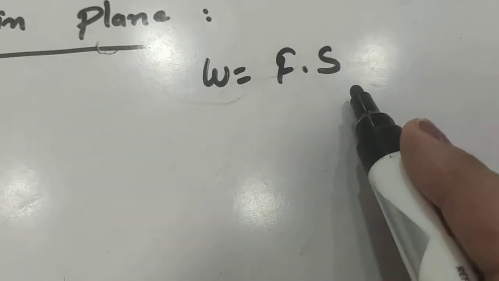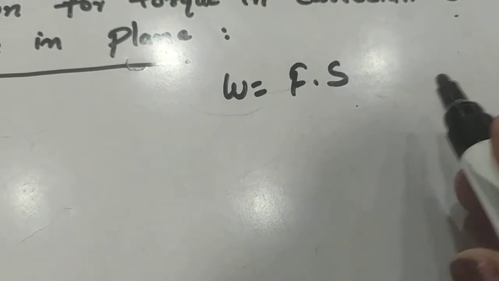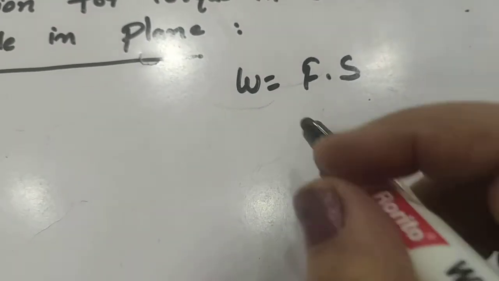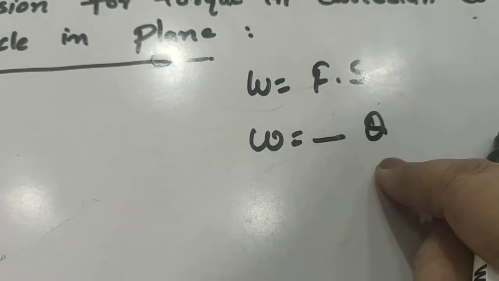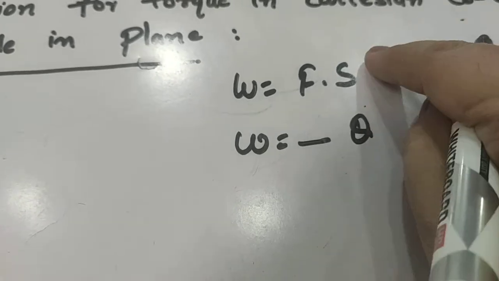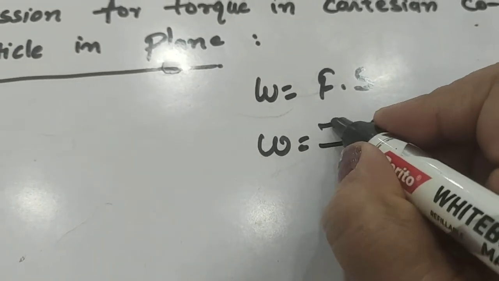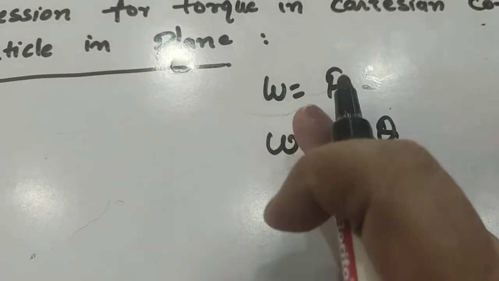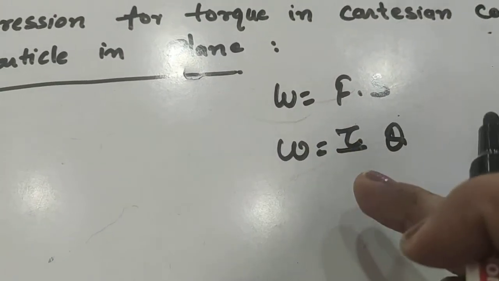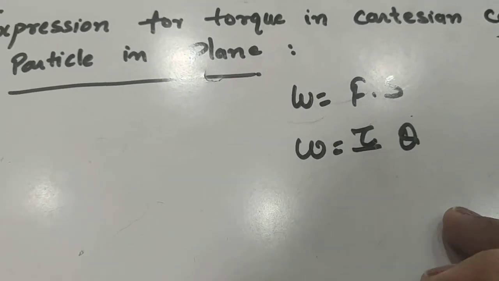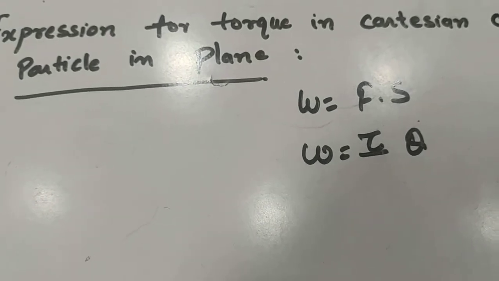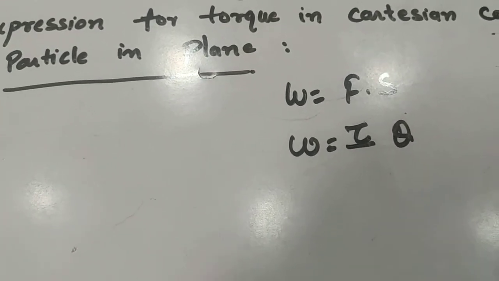Since we know that work is equal to force into displacement, if the body is rotating in a plane, in that case the work done should be s into theta, okay, where theta is the angular displacement and s is the linear displacement, and that force should be replaced by torque, right? So if we can get the value of this torque, then we can have the expression for torque. So firstly, we need to find out the work done in displacing the body through a small displacement d theta.